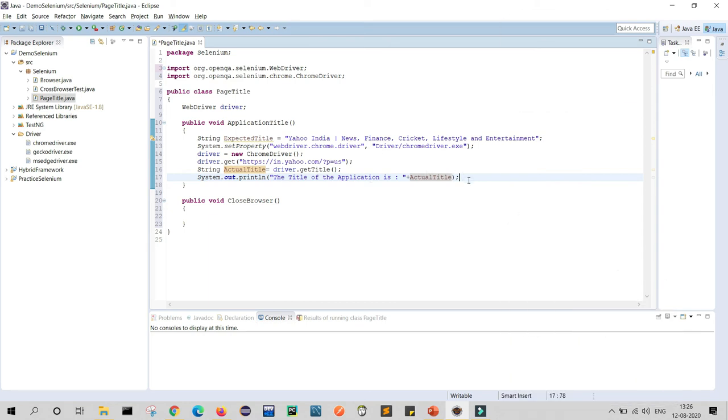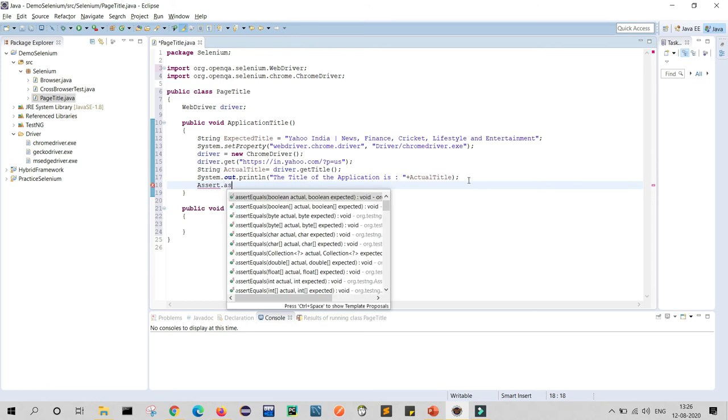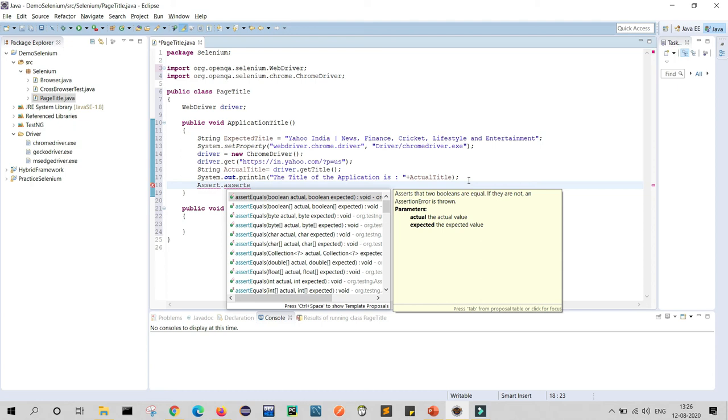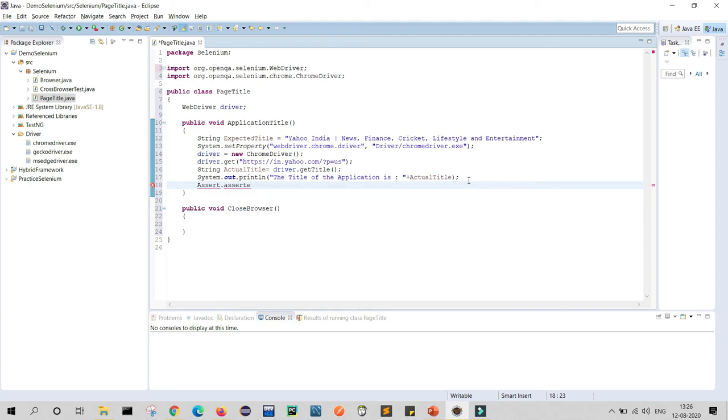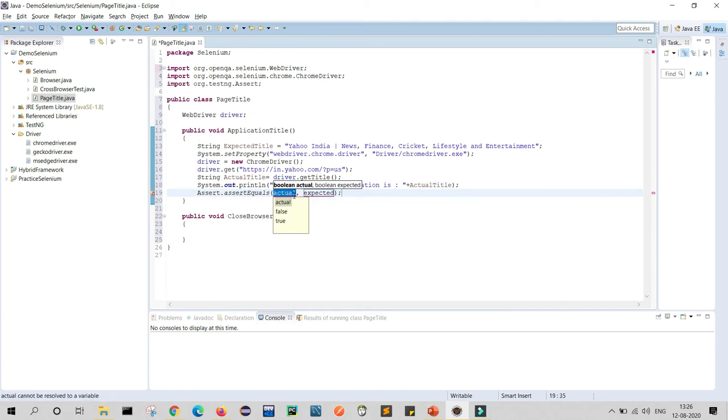Now how can we verify whether the actual and expected titles match or not? For this we will use the assert command. So we will write Assert.assertEquals, here I will provide the actual. So what is my actual? This is my actual title.